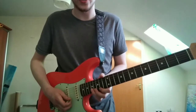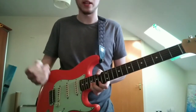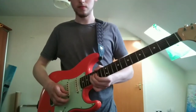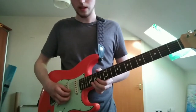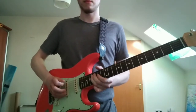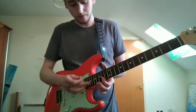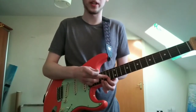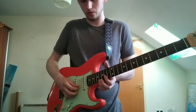14th fret on the high E string, 17th fret on the B string, and you want to bend the B string, like that. So we're on the 14th fret of the B string. We pluck that, then we pluck the 16th fret of the high E string, and we do a hammer off to the 14th fret. We pluck the B string again, 14th fret,